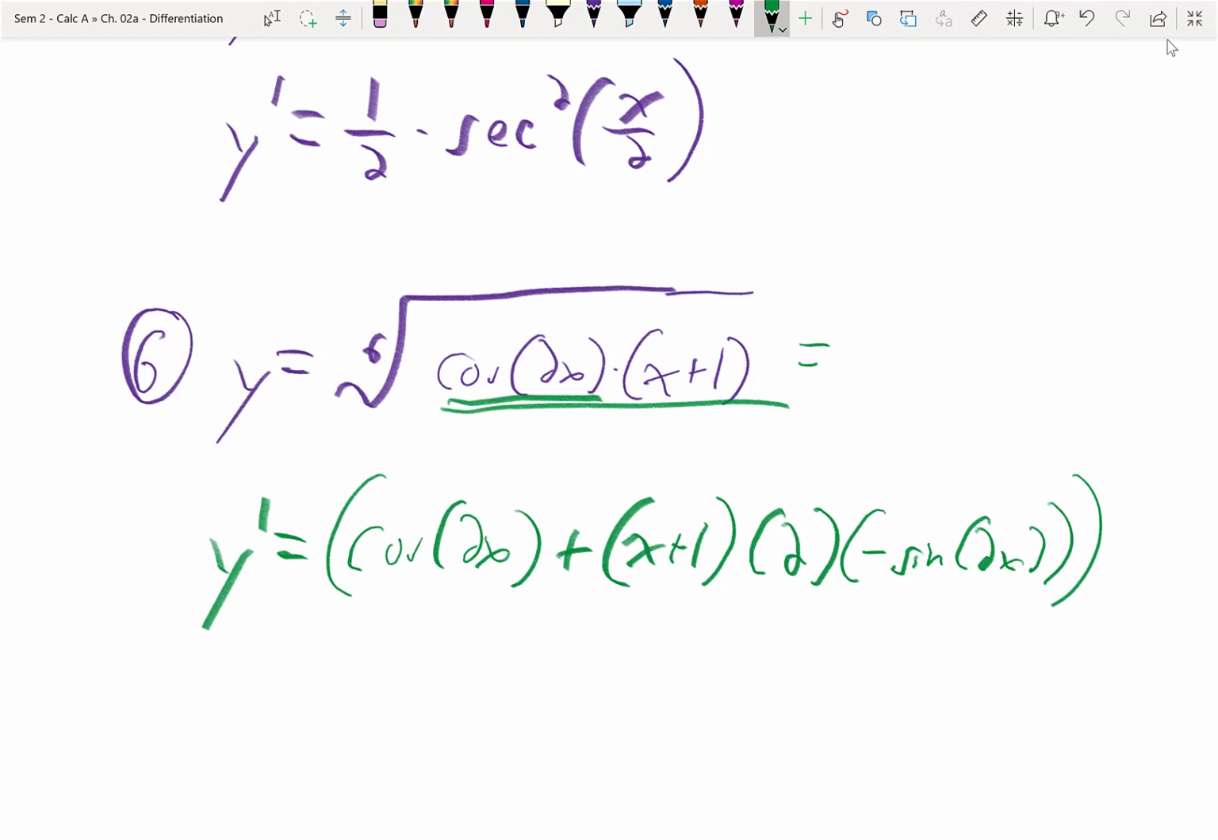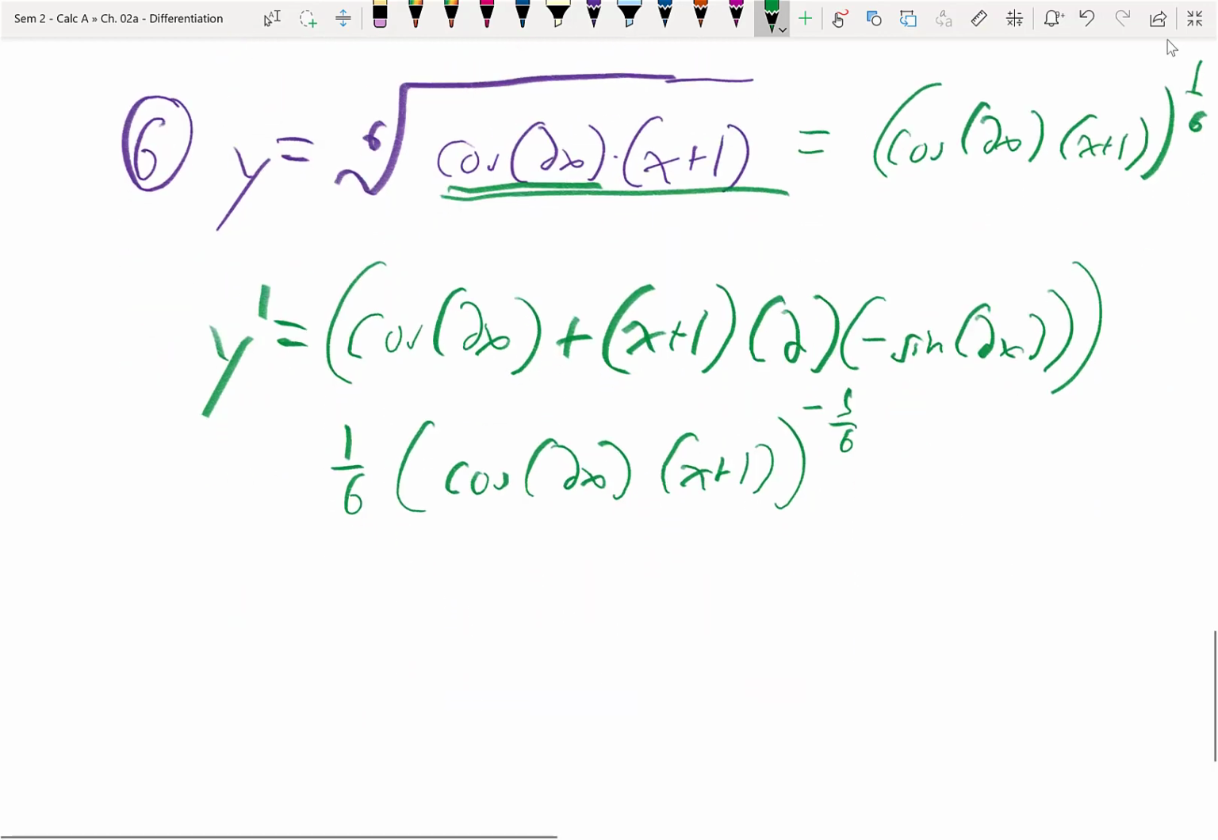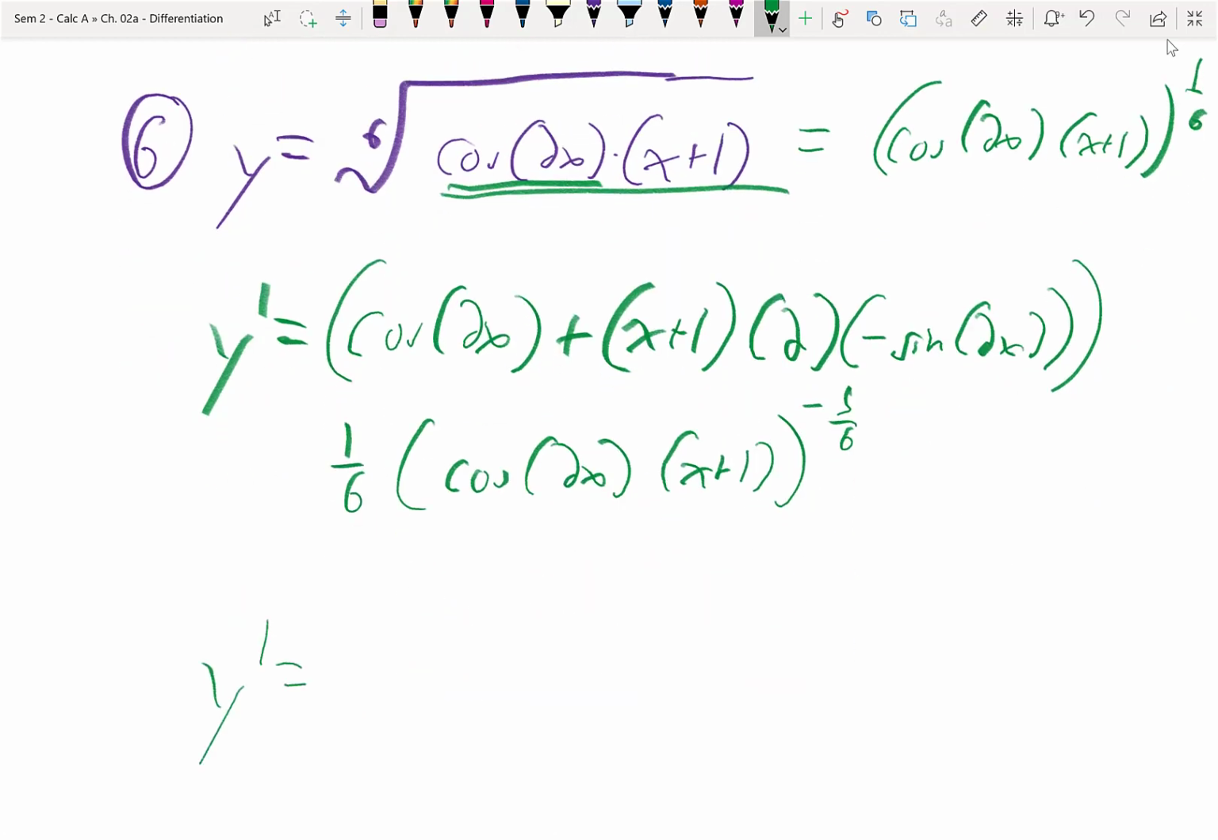And then I have to think of this as cosine of 2x times x plus 1 to the 1/6. So then I have to do the power rule on that, which is 1/6 times cosine of 2x times x plus 1 to the negative 5/6. There's not a great way to clean that up. The only possible way that I would do it is to treat all of this as denominator and say that my numerator would be nothing more than, okay, first derivative of the second plus second derivative of the first